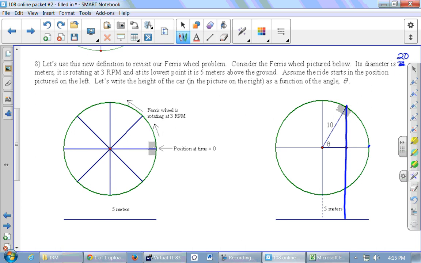Well, the height changes, right? Initially, the height is 15, and then it's higher, and it's higher still, and at the max, I guess it gets up to, what, 25? Then it starts to get smaller and smaller, the height, smaller still, until we get a height of 5 at the bottom, and then the height starts to get bigger and bigger until we're back up to where we started. But can we come up with a formula, a function, that will tell me exactly what that height is